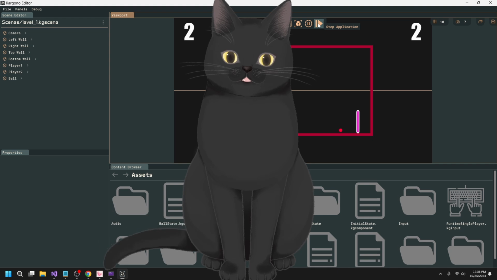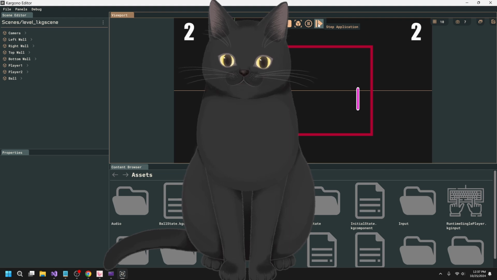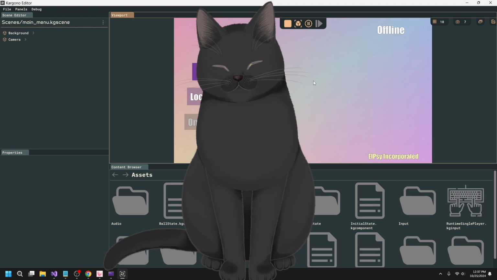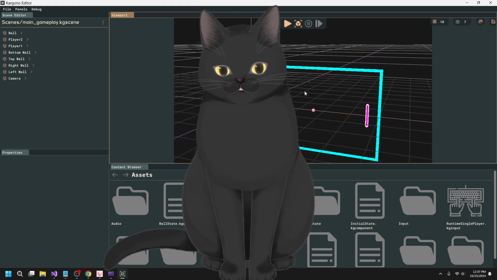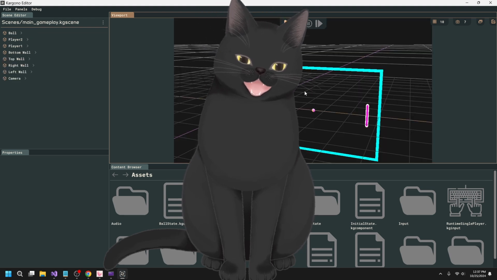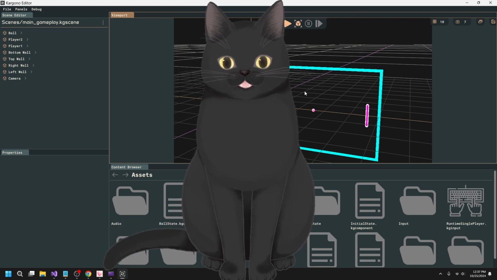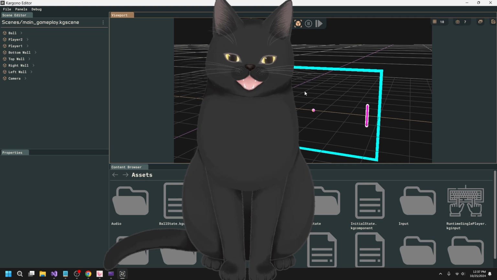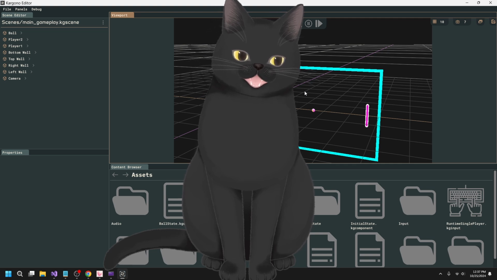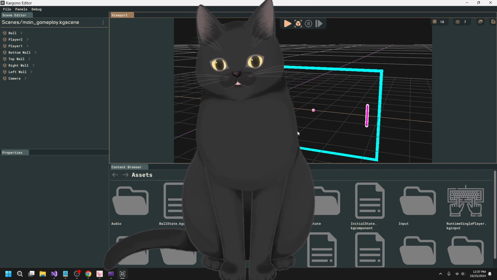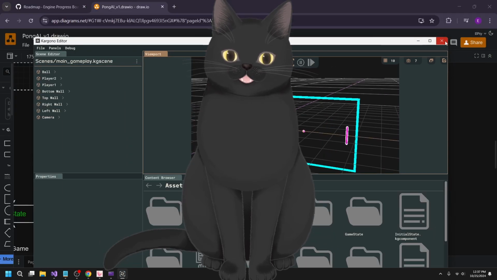But what I want it to do is actually predict the location where the ball is supposed to be. I want it to use some prediction logic, so it's not just blindly following, and it can kind of think, oh no, you know what? Instead of going straight for the ball's location, I'm going to go for where I think it's going to be. So that's the next leap for the AI, conceptually. That's pretty much where we're at right now.